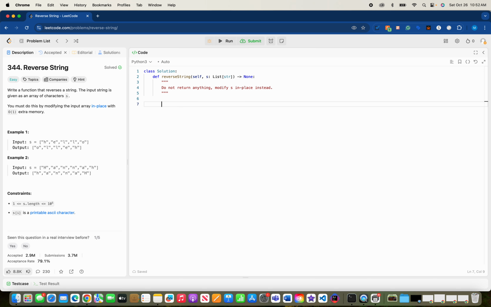So we can solve this as a two-pointer problem. Two pointers. Let's make a left and a right. Put left at index 0, and right at the end, which will be index length of s minus 1. So while left is less than right,